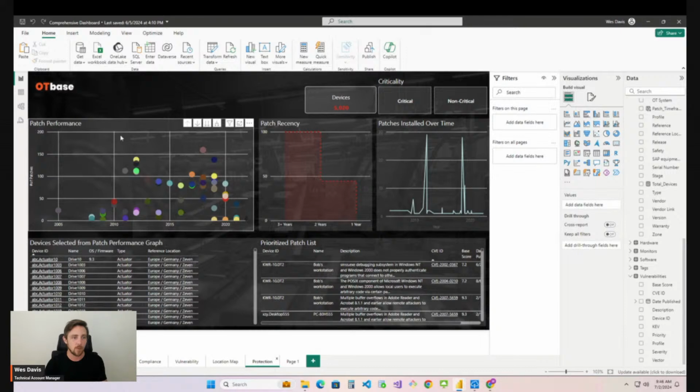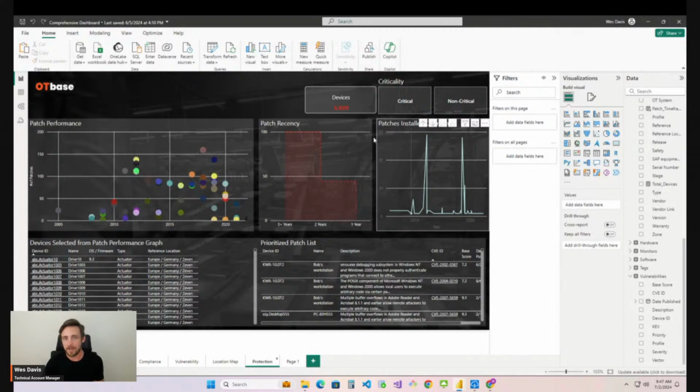And we have our patch performance graph over here. Again, we have some tables down here, and this has all been formatted to just look a little slicker, easier on the eyes. And we also have a slicer over here that we can click if we want to drill all this down by maybe critical or non-critical. And then we have this device count at the top that will show, again, as we click through each of these widgets, it'll adjust that so we can see how many actual devices are impacted by this or that CVE, right? And so this is a great little dashboard, and we have a whole video on how this was built,